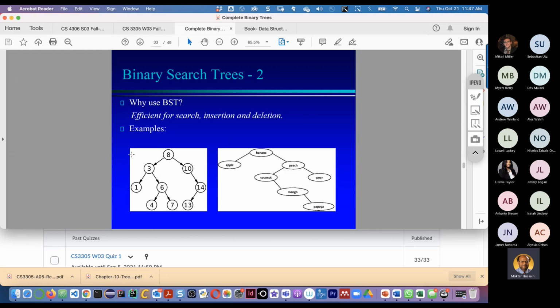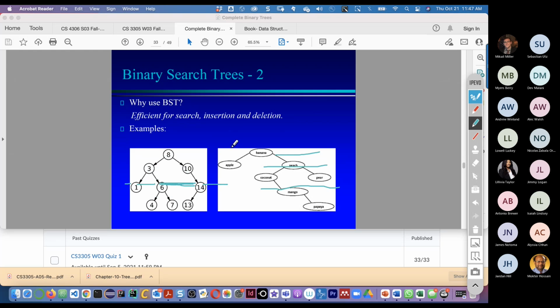So let us see the right side one. Is this a binary search tree? Is this a BST? The left one. How do we check whether it is a BST or not?